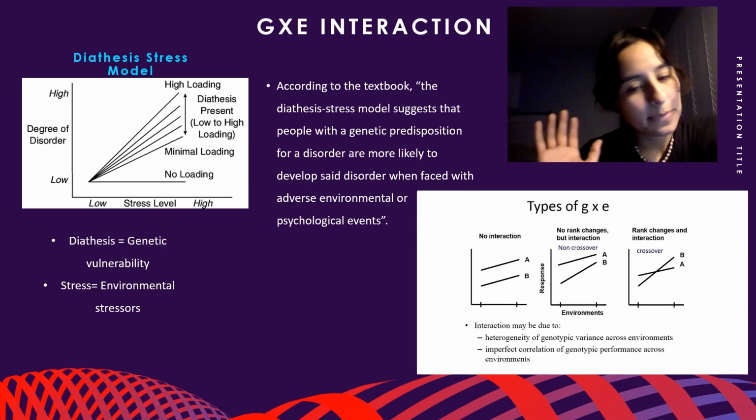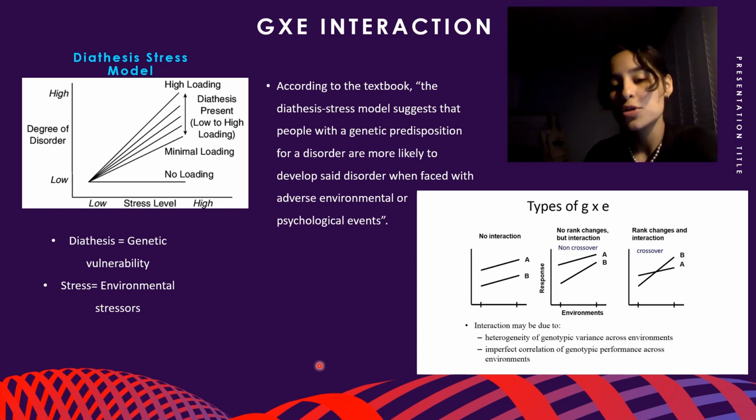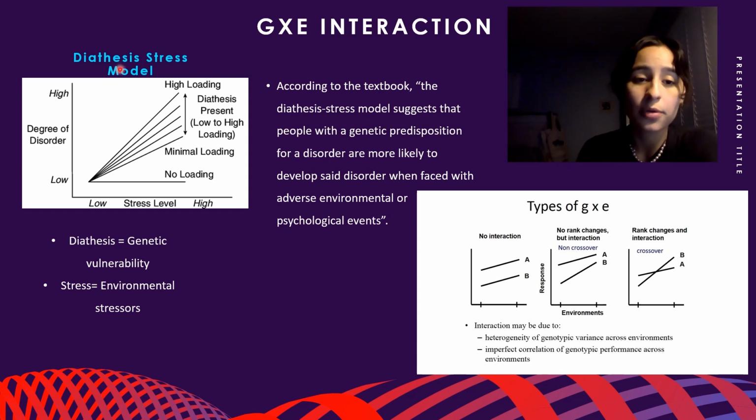I'm not going to go over this again, but most of the research showed that there was a predisposition for both genetic and environmental risk factors, and most of the research supports the gene and environment interaction of both, which is, like we mentioned before, the diathesis stress model. That's where this comes in. I'm not going to go over it again because we already went over it and I'm already over the time.